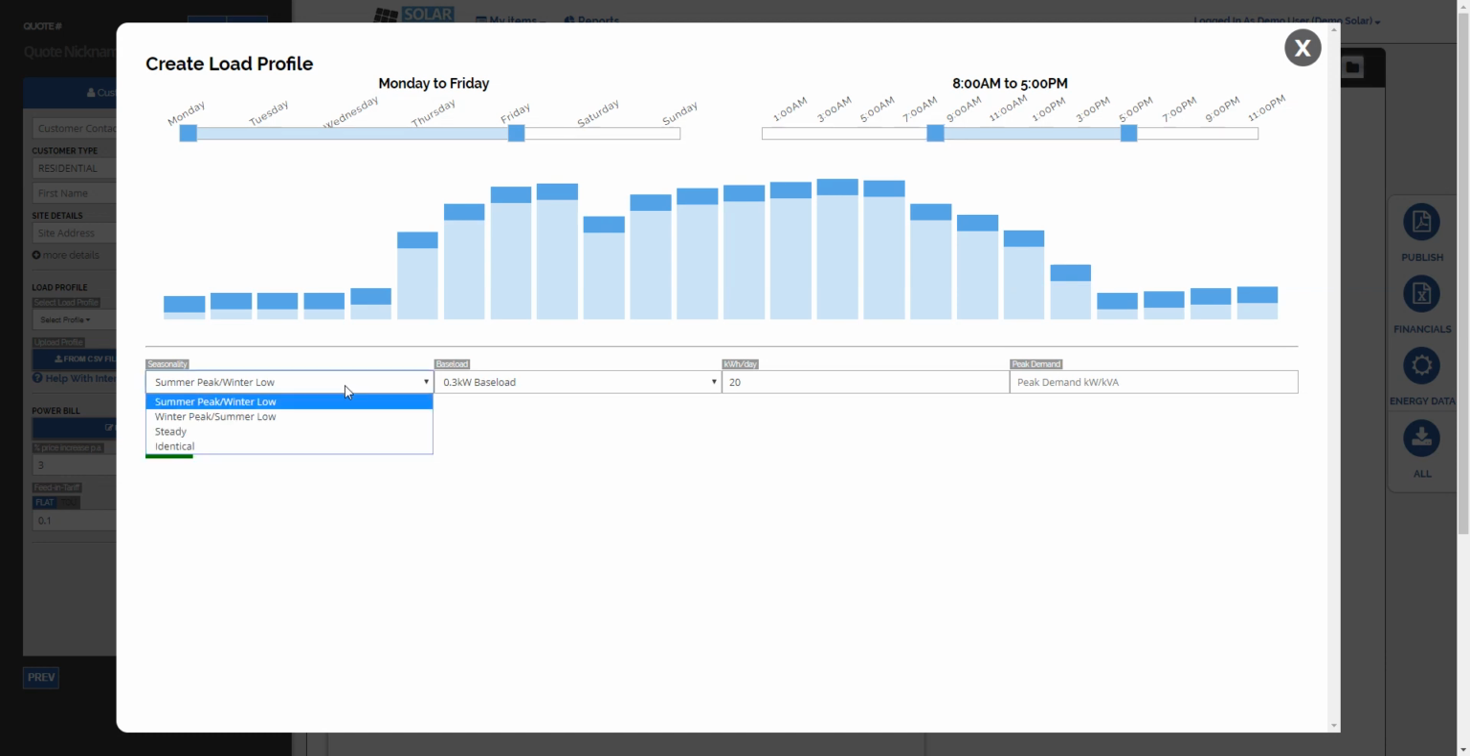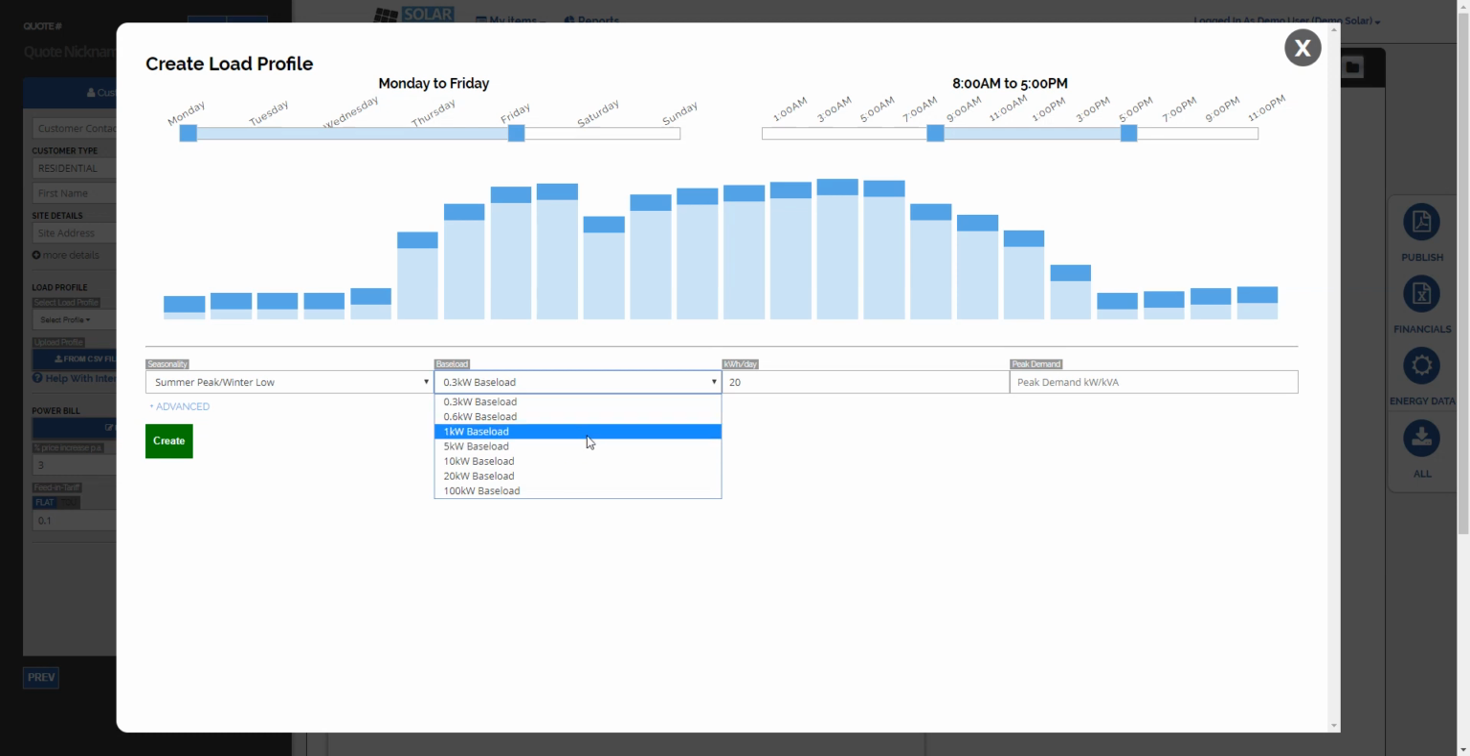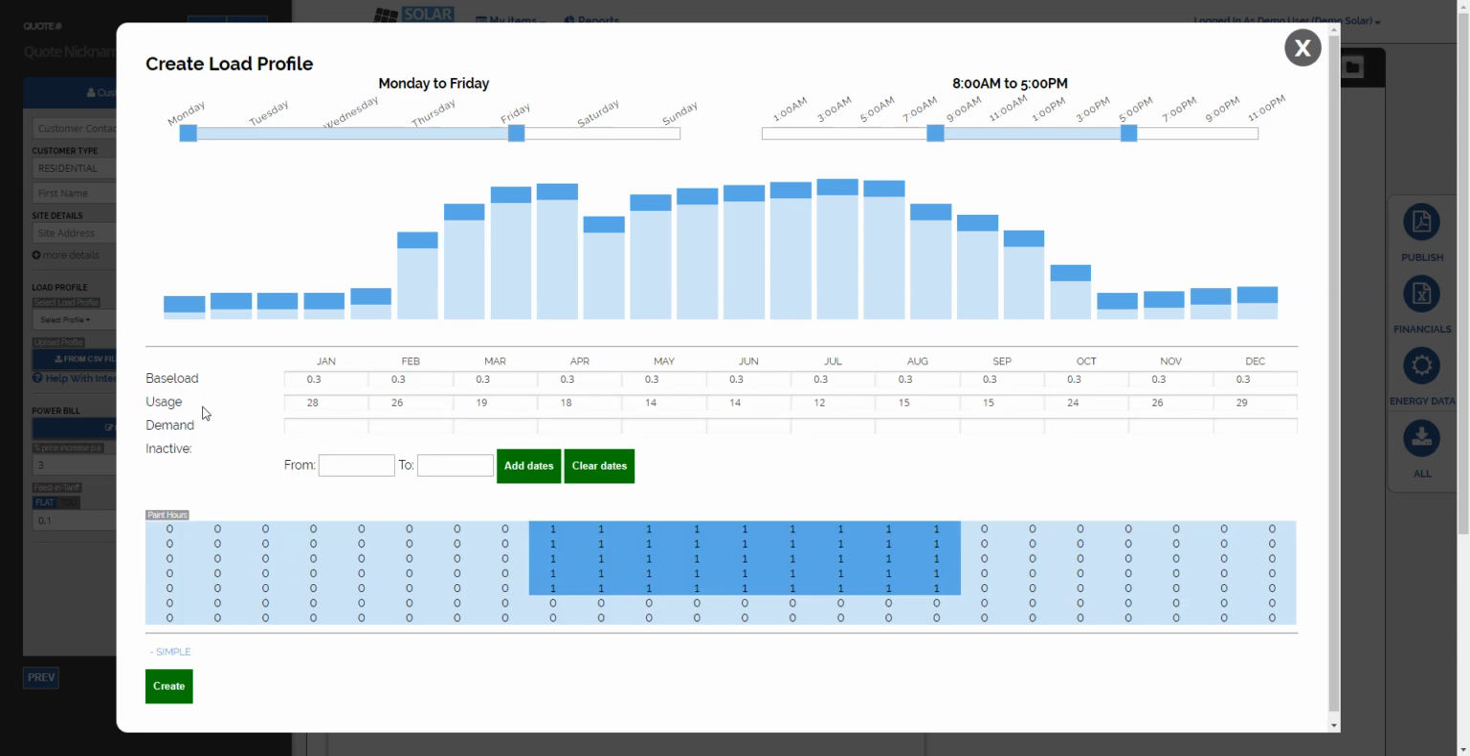And then you can select some basic options like seasonality for a summer peak or a winter peak, or you've got a few options here. What kind of a base load you expect, and what kind of kilowatt hours per day this customer is using. So this is pretty basic options, but if we hit this advanced button, you'll see there's a whole bunch of